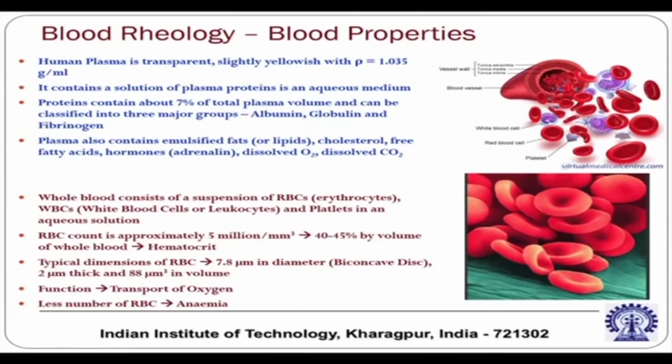As I told you, we define a parameter H, which is hematocrit. If you express this hematocrit by volume percentage, then it is about 40 to 45%, but you can well understand that it is not constant. It will vary from one individual to another, and from one diseased condition to another. So, based on the hematocrit, it is possible to describe the rheology of the blood sample. Now, just to give you some idea, typical dimensions of RBC, typical